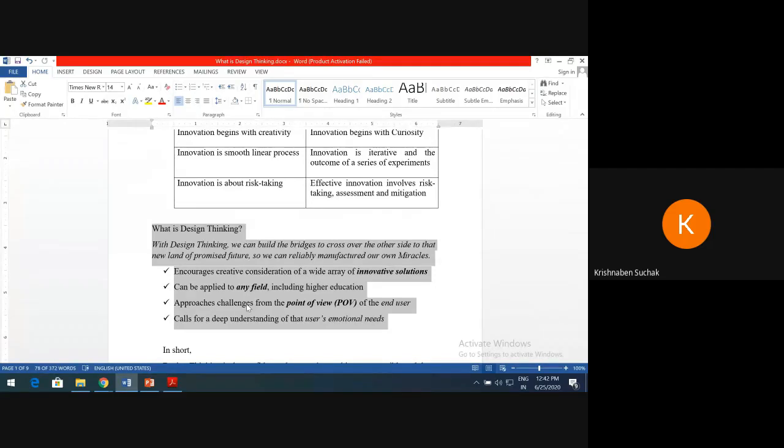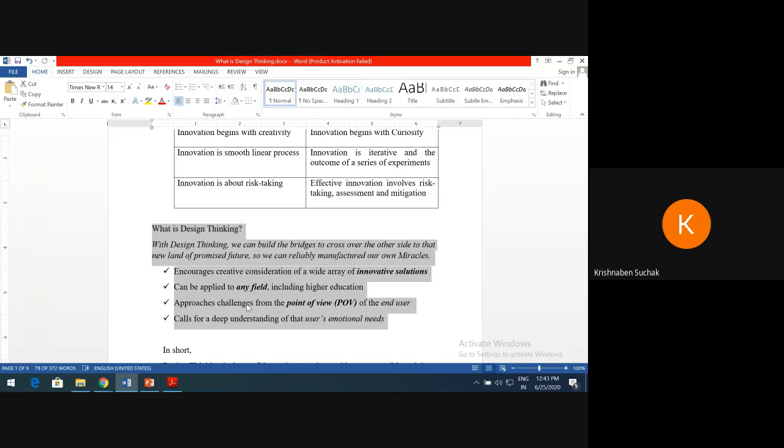For example, take the example of computers. First, the computers were of room size, right? It was so huge, but day by day it turned out to be small in size, yet the features of computers are increasing day by day. If today you buy some new desktop or laptop, then after 1 year you will get to know that this is not new now. Something else is new, some new features have arrived. So design thinking is the process that will help you to go to the other side in future.